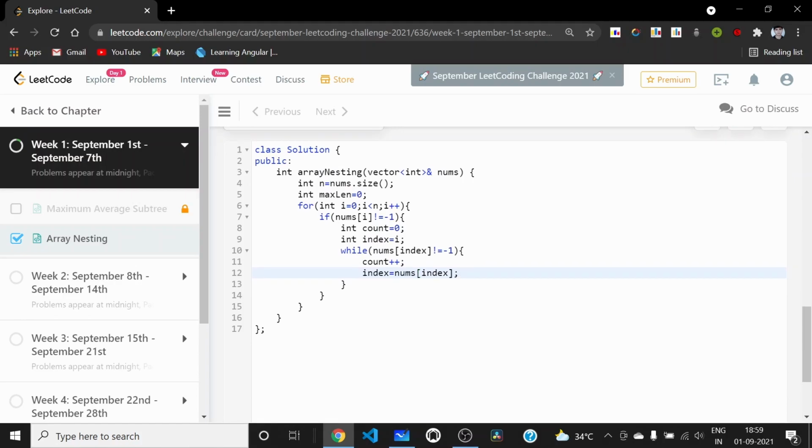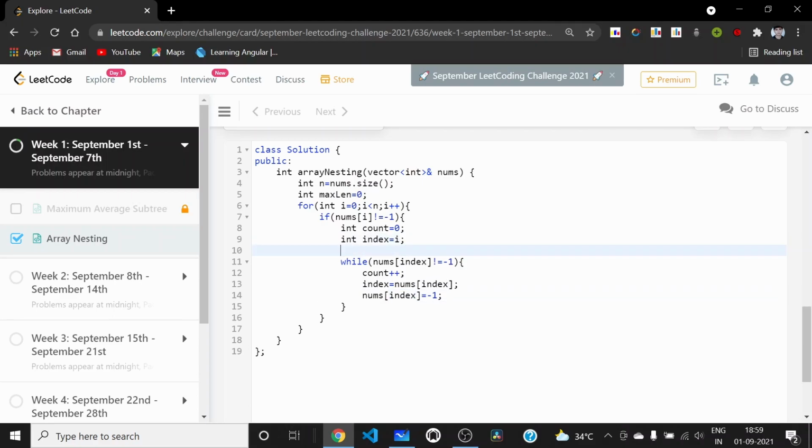We also need to set nums of index to -1, but we can't do this directly, since this index is the new index, and if we set this to -1, then it will set the newer index as -1. So we will need another variable, which I can call next index.